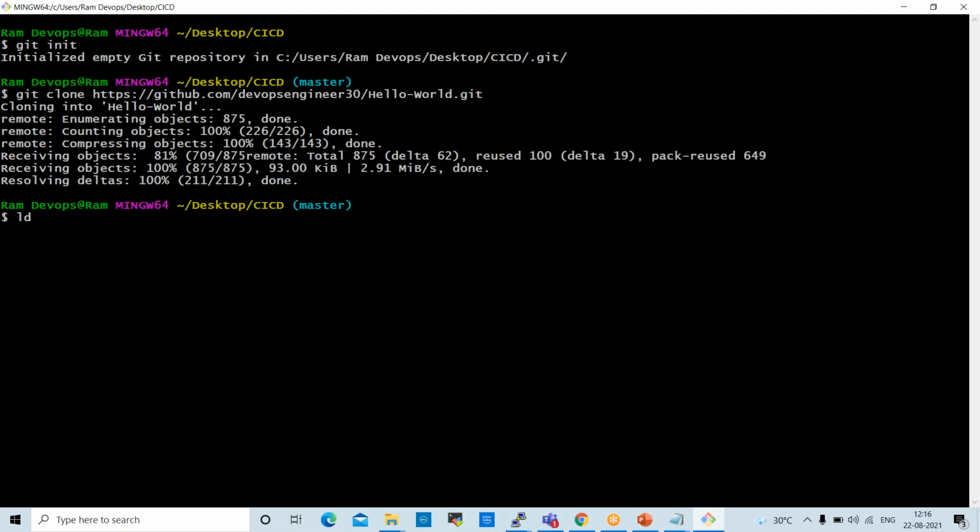ls here. You know what clone is and what pull is, and the difference, right? When we clone, the entire repository will be cloned into local. When we pull, only the files will be pulled into local, right? So this is the hello world repository, the entire repository clone, which is available in my local. So go to cd hello world,